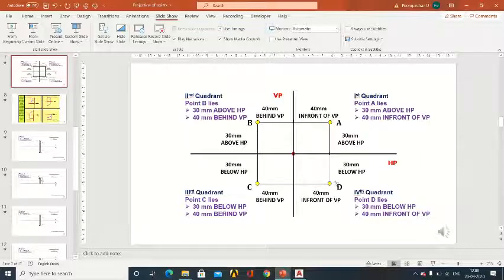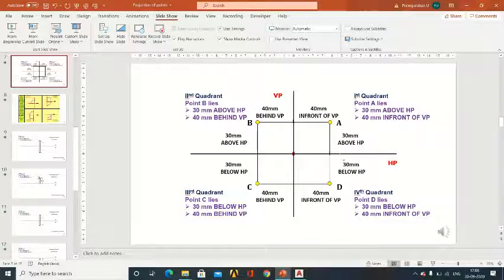So very well know point D 30 mm below HP and 40 mm in front of VP is located in the fourth quadrant. So the projection will be such that the front view will be 30 mm below the XY line, and the top view, if you see, it will be 40 mm in front of VP.